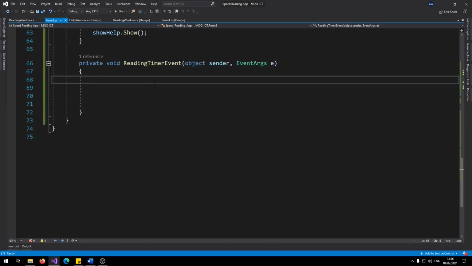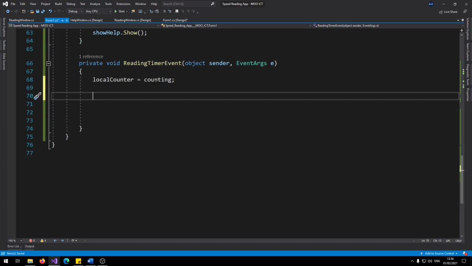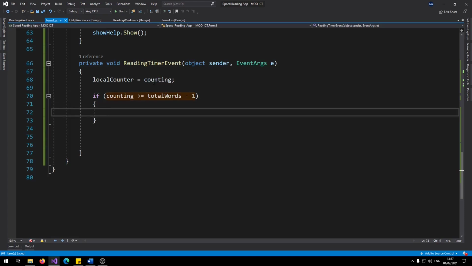So the reading timer event is going to be quite simple. We go to local counter is equals to counting. So we're just linking those two integers together, and then we're going to say here if counting is greater than or equals to total words minus 1. So if the number goes above the amount of words that are available in the article, we want to stop the timer. So you can say reading timer dot stop,